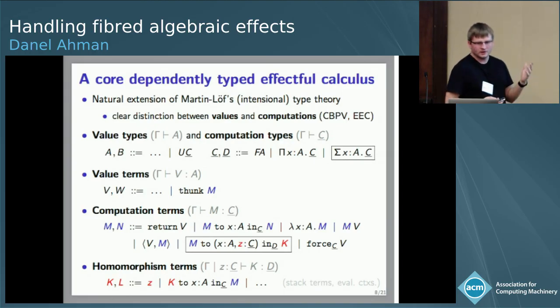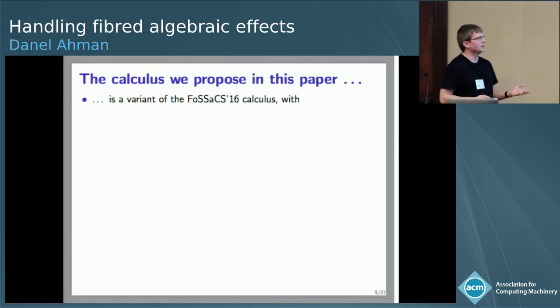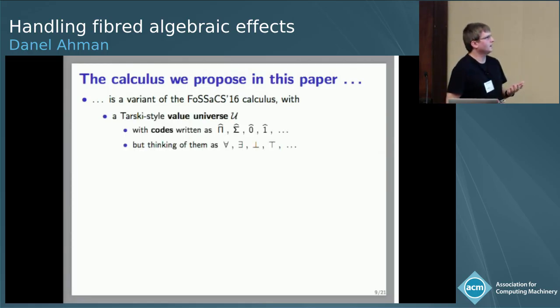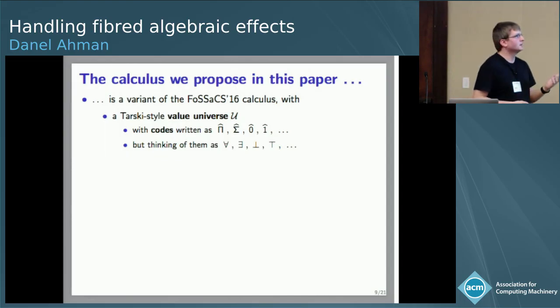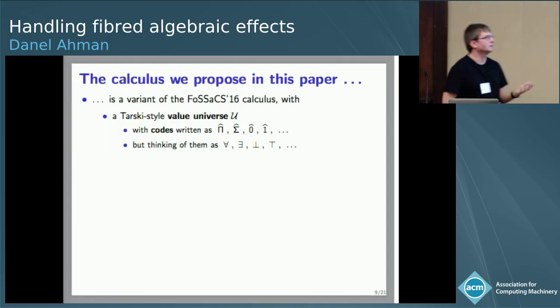So when we are working in the setting of algebraic effects and handlers in this paper, we're looking at a small variation or extension of it, where we will have a Tarski-style value universe around. This is the universe we use for logical reasoning. It will be closed under sigmas, pis, the empty type, the unit type. They will be written with hats over the symbols,